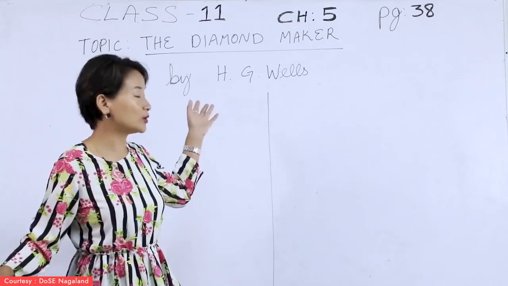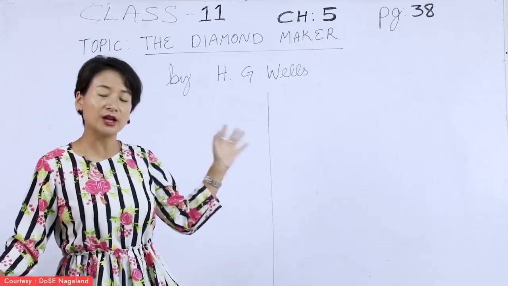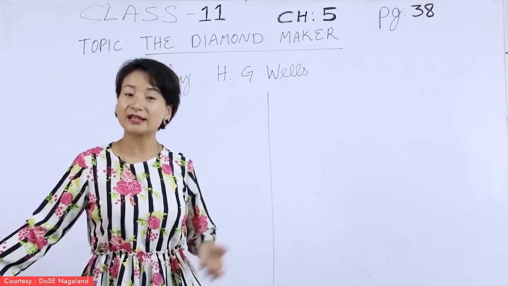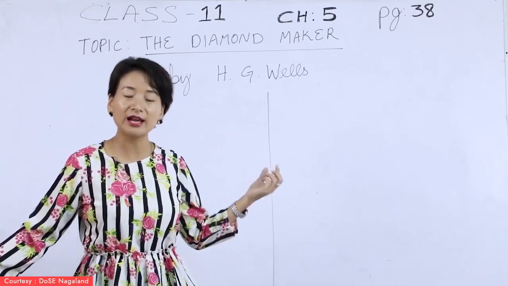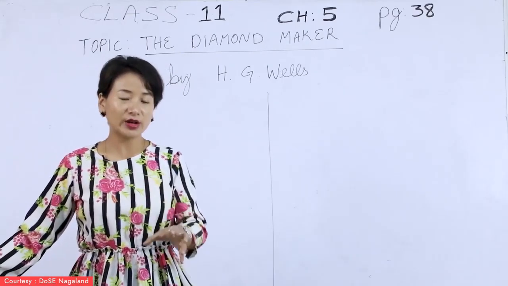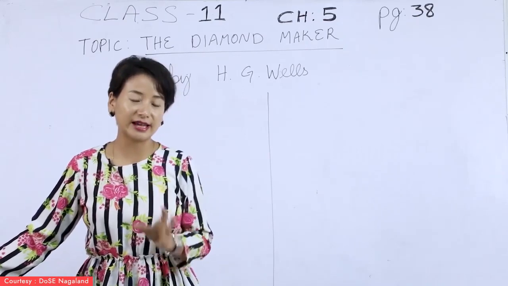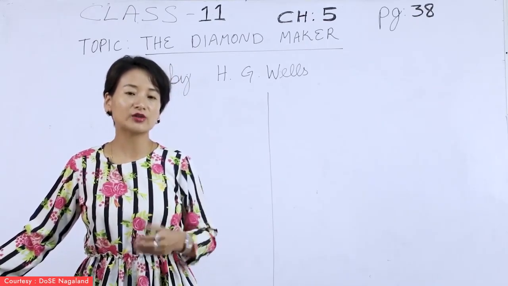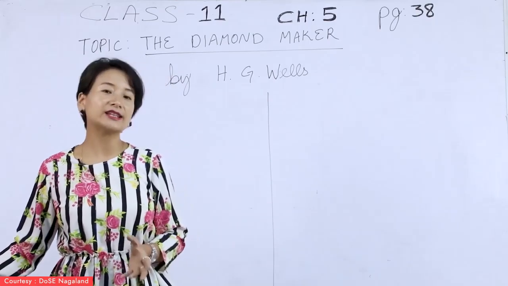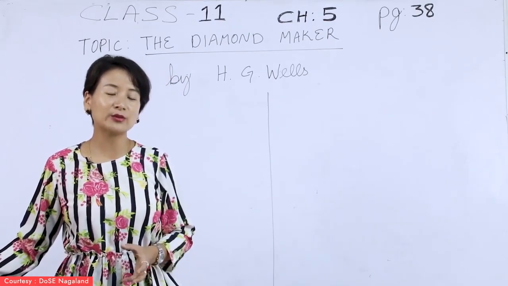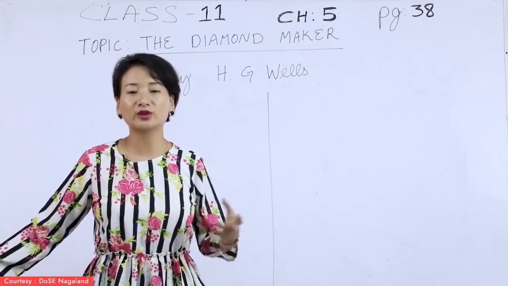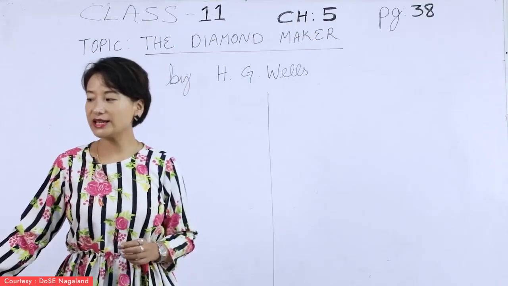So now we are coming to the topic here, the diamond maker. The hero in our story is not the narrator, but the diamond maker. And the diamond maker is the stranger here. Let's refer to him as that for now. The stranger first strikes up the conversation with the narrator by saying, "A warm night." Usually, if it is a complete stranger, we start a conversation by referring to the weather. And that is what he is doing here.